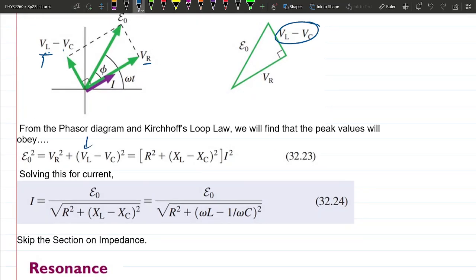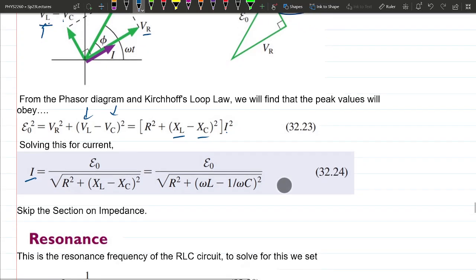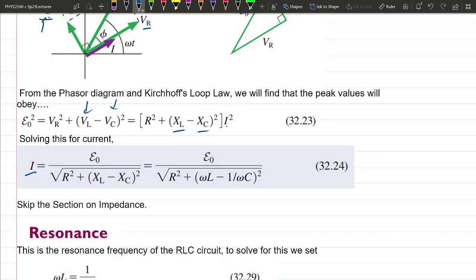Right. And then if we replace our generalized Ohm's law, then we figure out that this is just going to be current times XL minus XC, and you factor out the current, and you can solve for the current, so you don't have to write this down. This is all in the textbook, right? When you solve this equation for current, you end up with this interesting equation on the right-hand side here, where